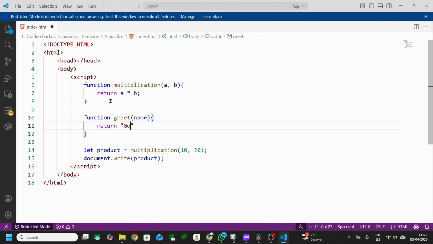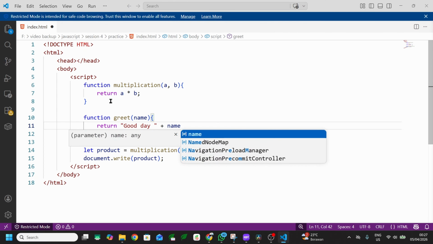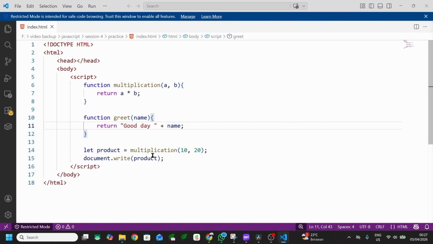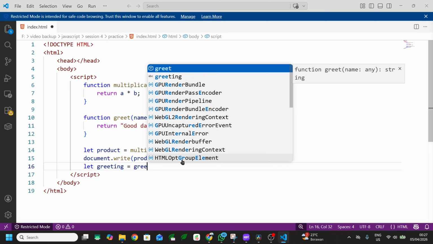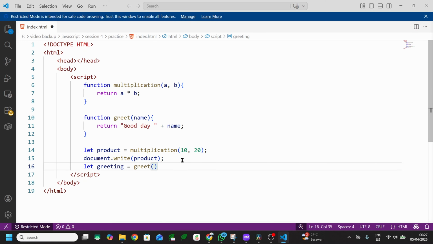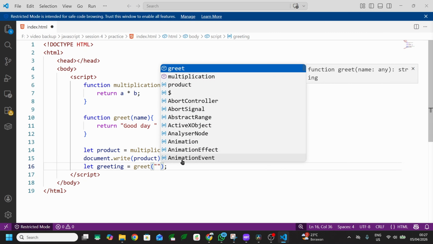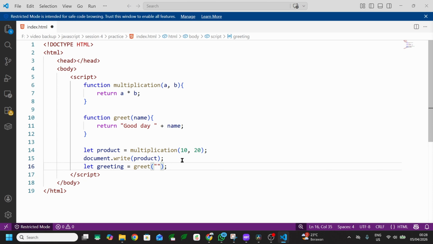For example, good day, and we concatenate using the plus operator followed by the name variable. After that, we can call the function. For example, greeting, I assign with the function greet, and then I will give the name, for example here is Alice.